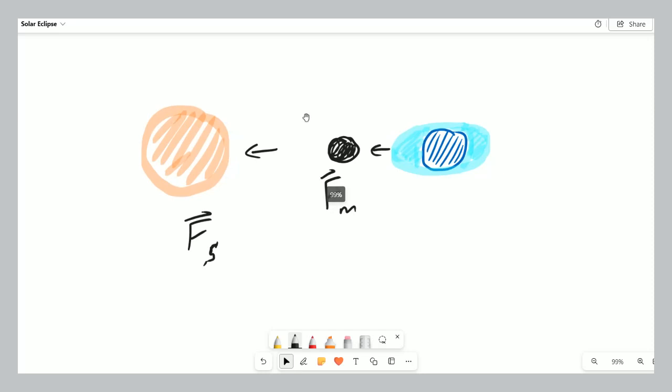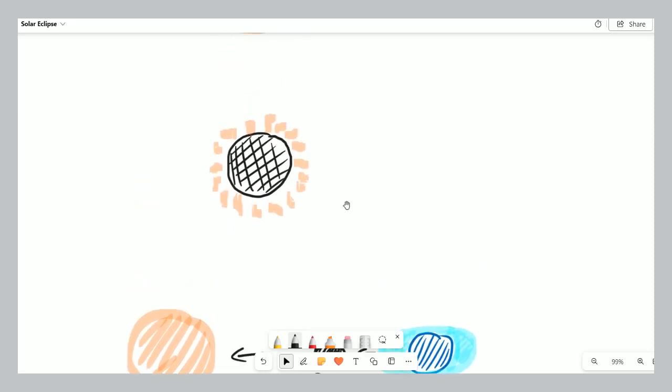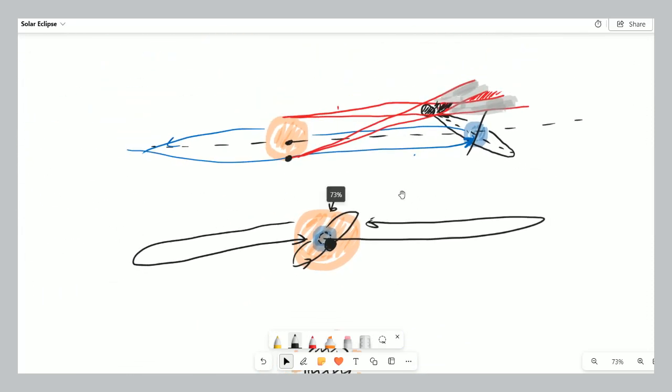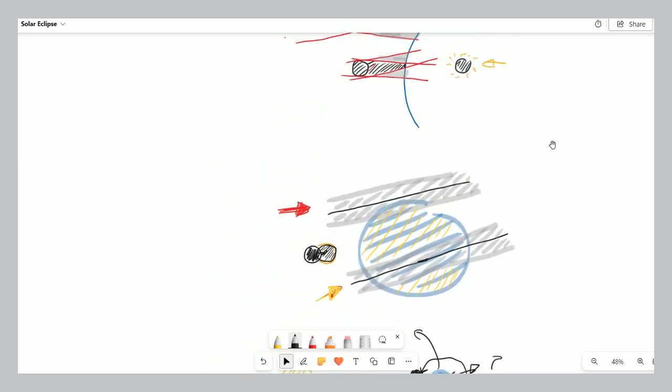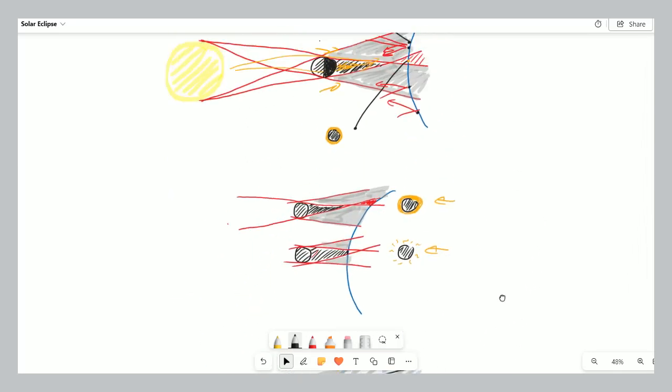So that is solar eclipses, why they happen, how they affect people, the types of solar eclipses, why they seem to be rare,